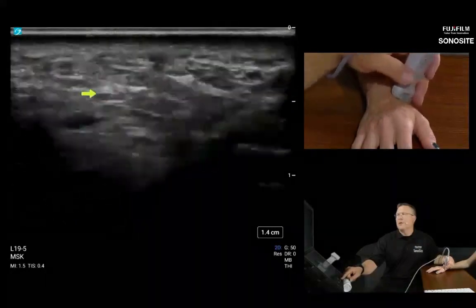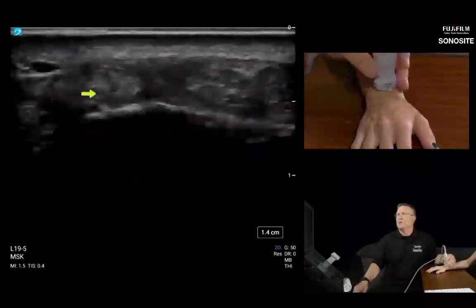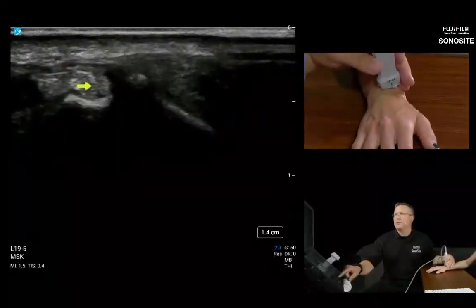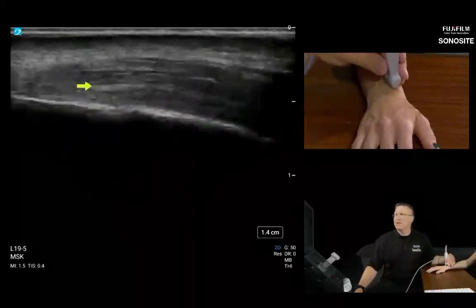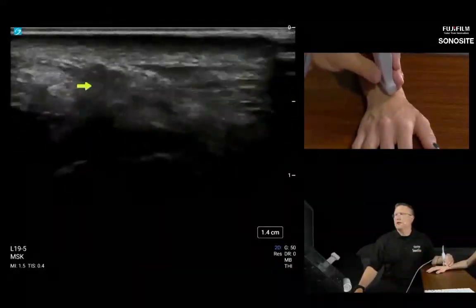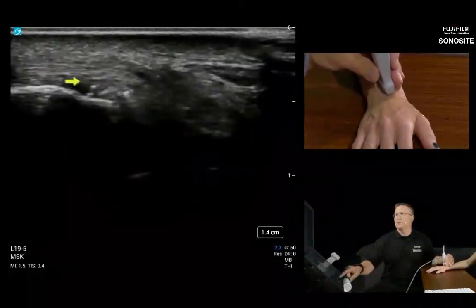I'm going to go right back up to the Lister's tubercle there. I'm going to go long axis now. So I'm going to switch this to long axis. I'm going to bring the left side of the screen proximal. And if you get lost in this, find Lister's tubercle again. You always have the option of going long axis every time, but as we leave Lister's tubercle here,